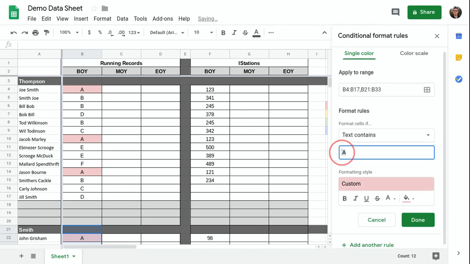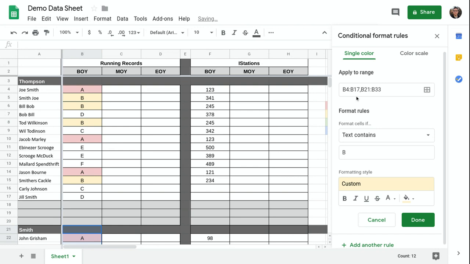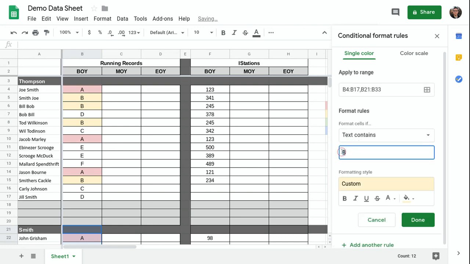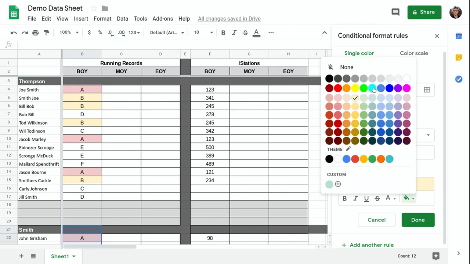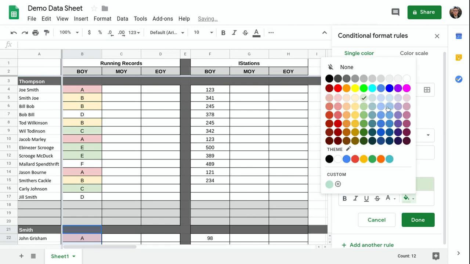So then I can just change it to, okay, if text contains B, that's going to be just a little bit below grade level. Add another rule. If text contains C, that's going to be on grade level. Oh, forgot to change my color, there. And I'm going to say everything E and above is going to be above grade level,